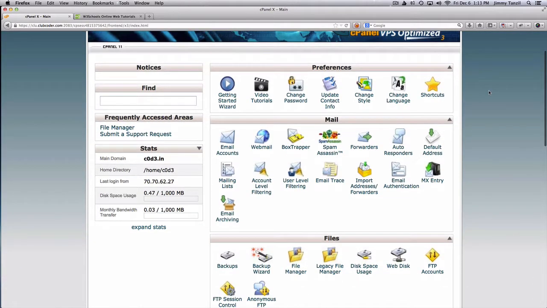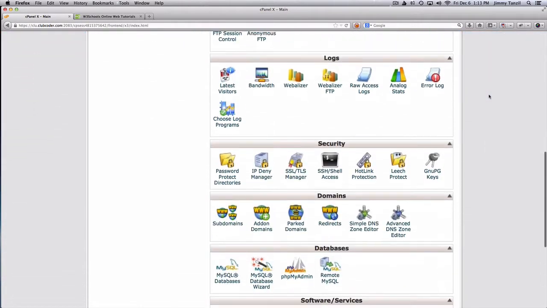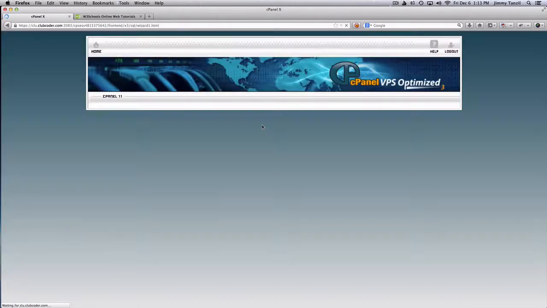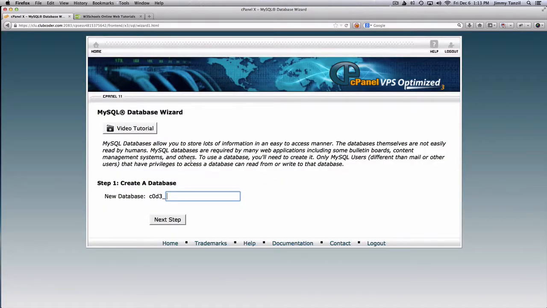So I'm going to scroll down, go to databases. Here you find databases and click on the MySQL database wizard. I'm going to click there. So it's going to create a database and you have to name your database. What do you want to name it? It's up to you. So let's name it party database. Okay, so we want to invite friends to our party and we want to have a guest list. Okay, so next step,